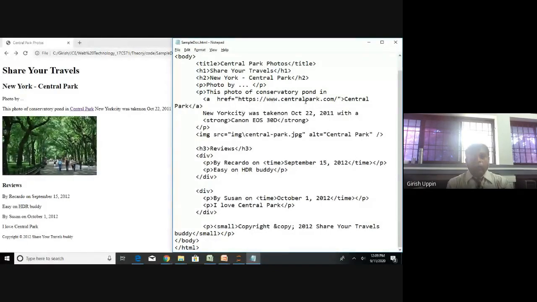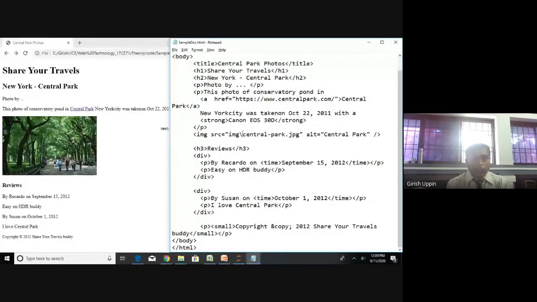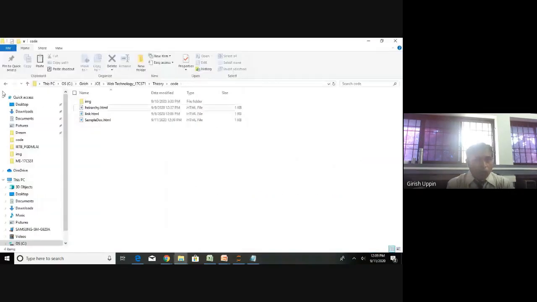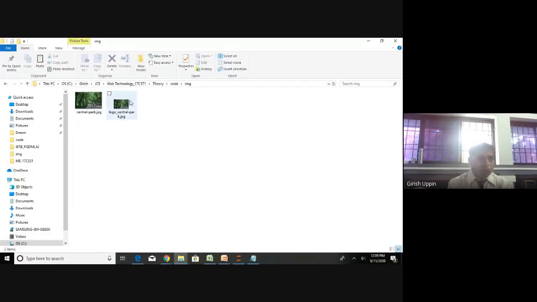And okay, now the other variation I told you, like here I have just the text, plain text as the content. Instead of plain text, let us say instead of having a Central Park here, let me have a small logo of the Central Park. Okay, how to do that? So we can do that. Now I have created one more logo. What I did was I resized this. This image is a smaller image. Dimension is 50 by 31 pixel, very small, because I don't want to show the big image there. I have a very small image.